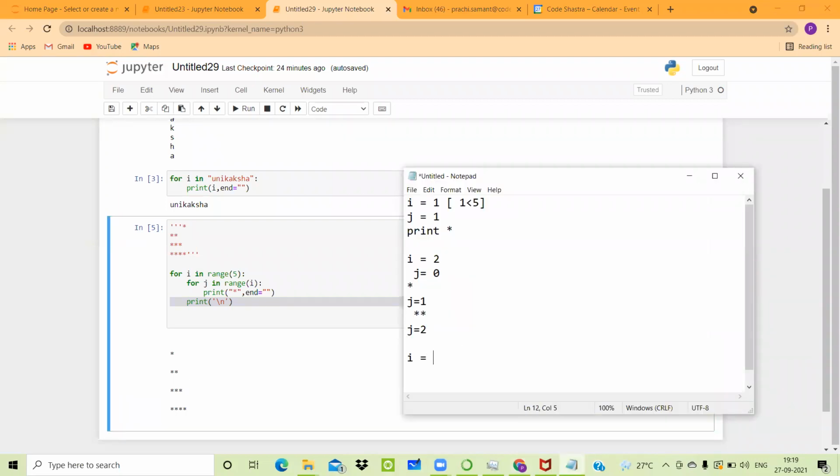The value of I will become 3 now. As 3 is less than 5, it will go into this range. Now when it goes into the range, it will say that the range of j that we have to run is till j in range of I. So the value of I is 3, that means the range of j should go up to 3. Range 3 in a sense how many values? 0, 1 and 2. Because whenever you say that range is 3, that means it starts with 0. So it can go up to 0, 1 and 2.